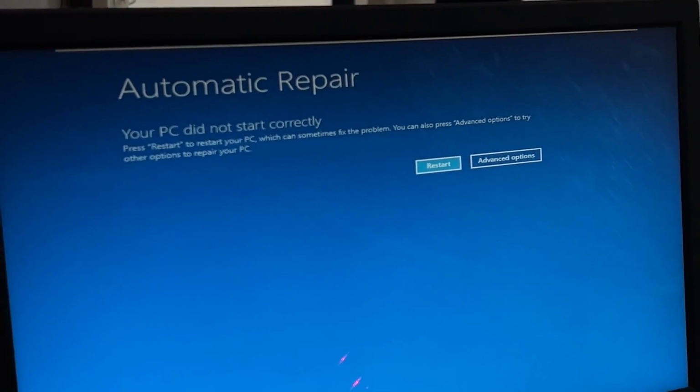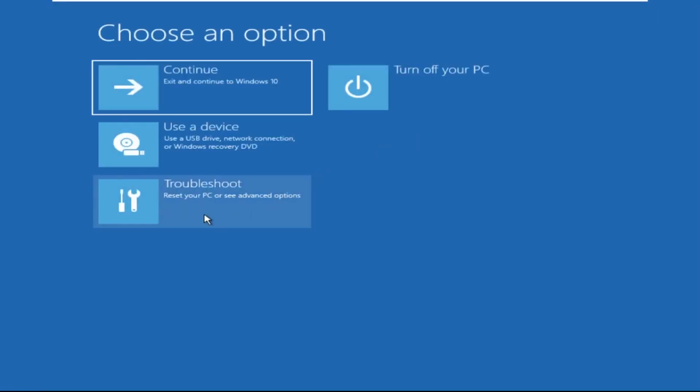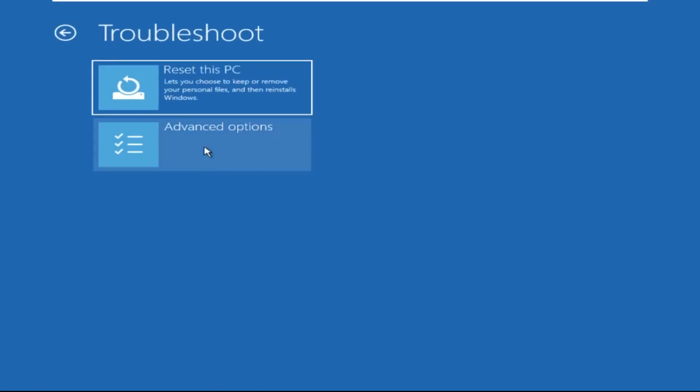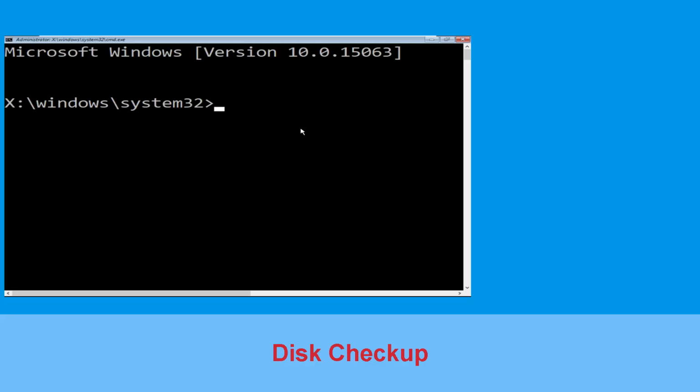So let's begin. Click on advanced options, then select troubleshoot, then select advanced options and then click on command prompt. Type